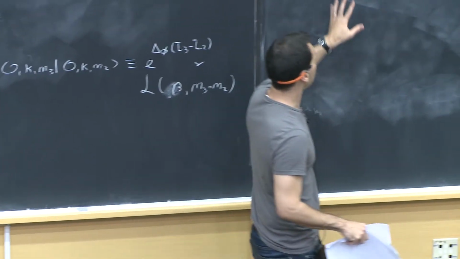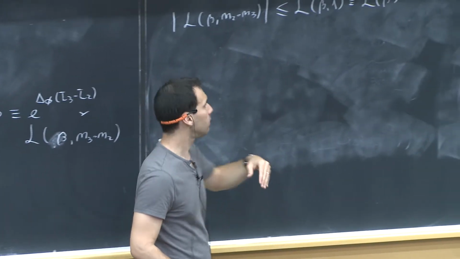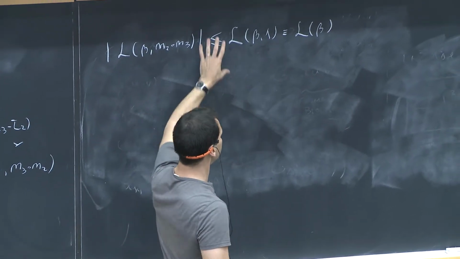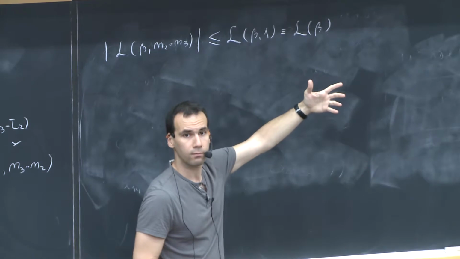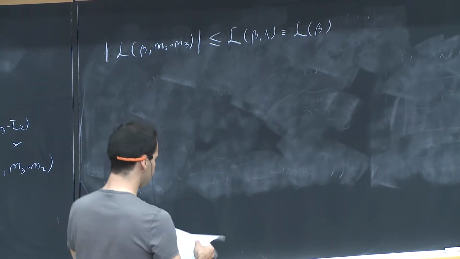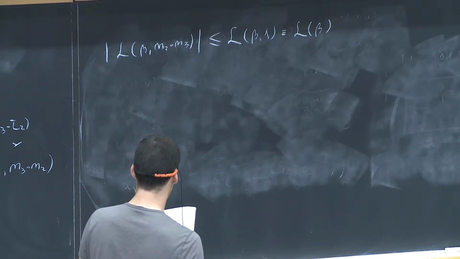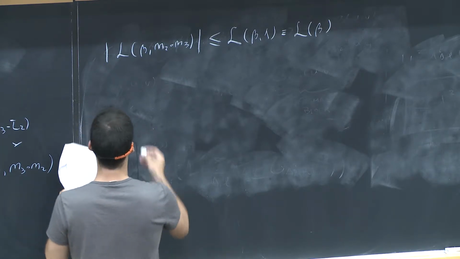And so, in general, the cosines will be smaller than 1. But if you line them up, that's the maximum size of the function that you can get. So, therefore, we can write